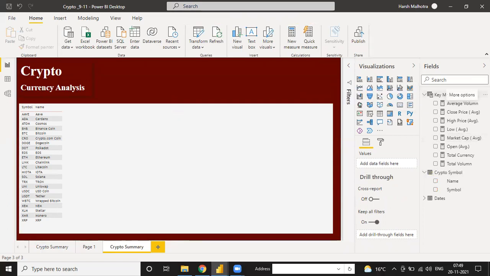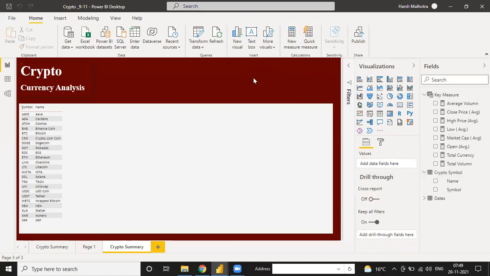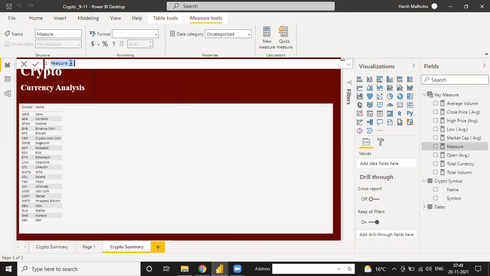This is our key measure. So for this, I'm going to use a new measure, and first I want to create my final date. Guys, final date means the actual date we have till now, the maximum date of all dates. So right now I'm making one function here, final date, or you can call it final price.